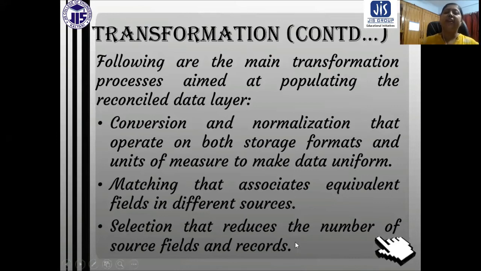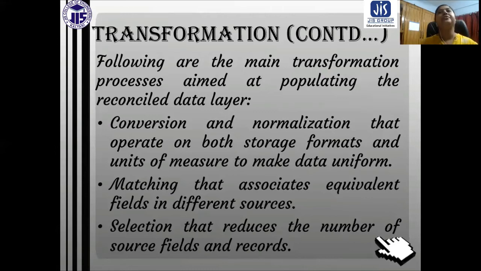Third, selection, which reduces the number of source fields and records. Obviously, we need to take care of how we can cover the total information from a limited number of resources, because whenever we include many resources, we need to extract data from all of them, and every resource maintains a different format.